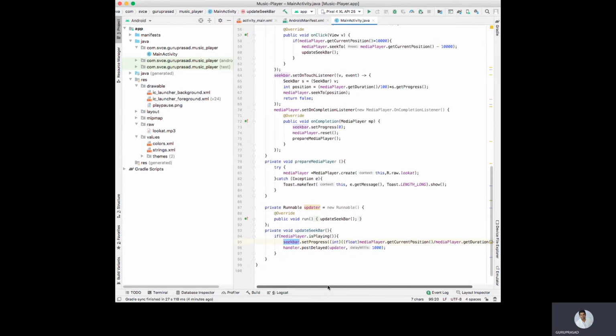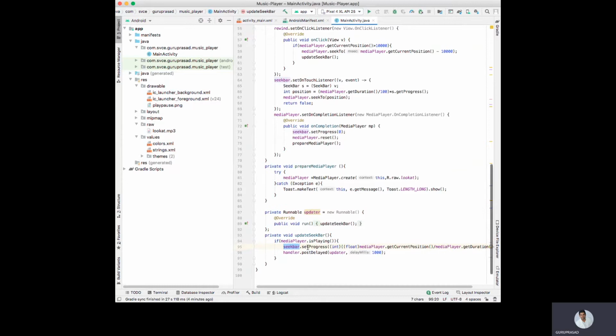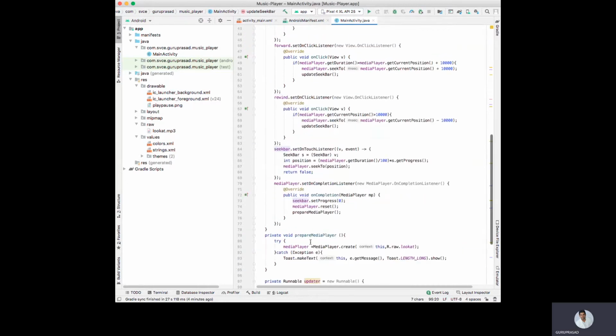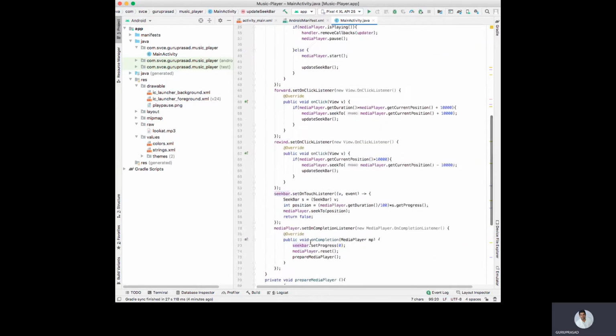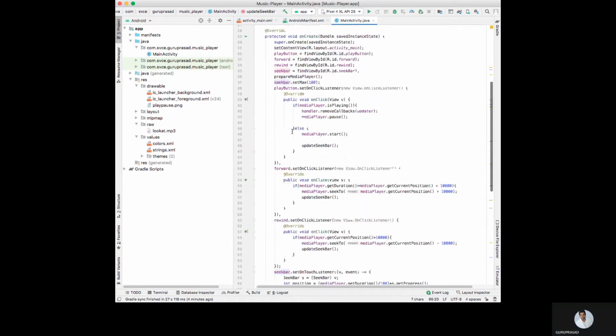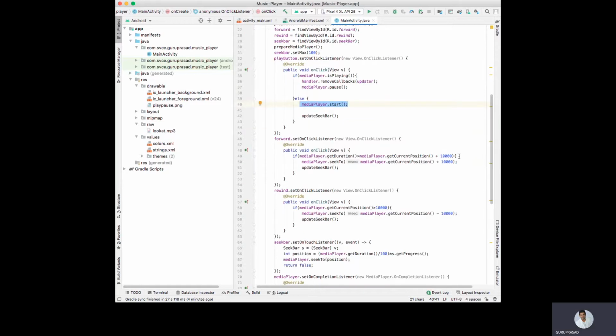So on the play button, if you pause it, the media player dot pause function will run on the first click, else media player will start. When coming to the forward button, I have mentioned 10,000 milliseconds, which means 10 seconds forward.